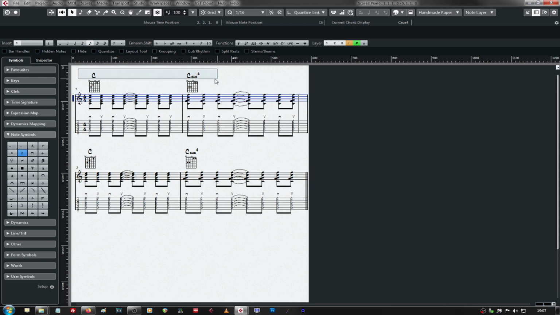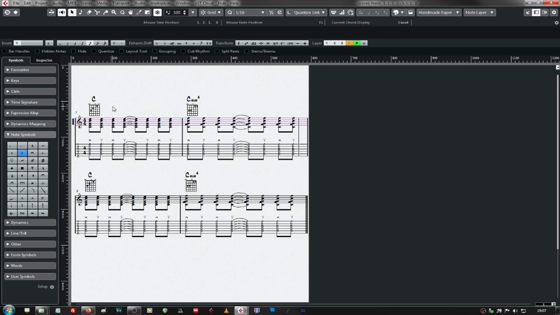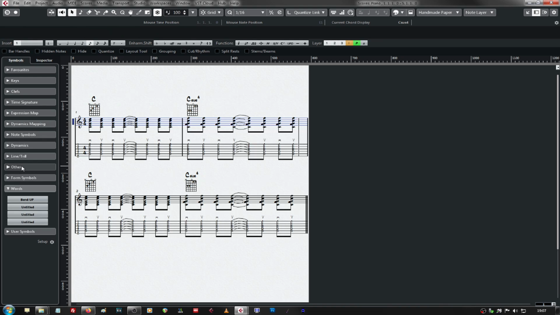Now, obviously, moving everything down the page allows us to add a title, and we can do that with words, form symbols, user symbols, and other. We can insert text and lyrics, which is pretty easy to do. We literally just insert text, and